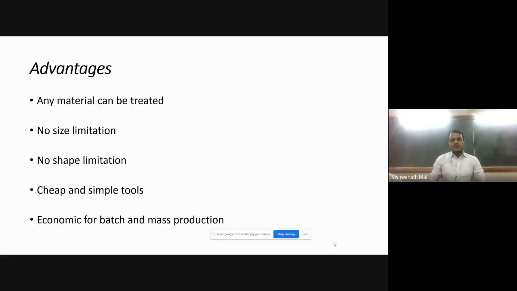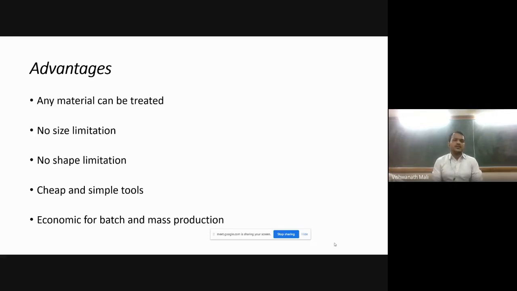Now, if you see the casting process, it is one of the oldest processes of manufacturing. You can take it as before 1000 BC that this manufacturing process of casting started. Though it is so old, it is still currently used. If you see any technology, when it is developed, after some time it vanishes and new technology evolves. But if you take casting as an example, we are still using casting. So why are we using casting? Because casting has certain advantages.